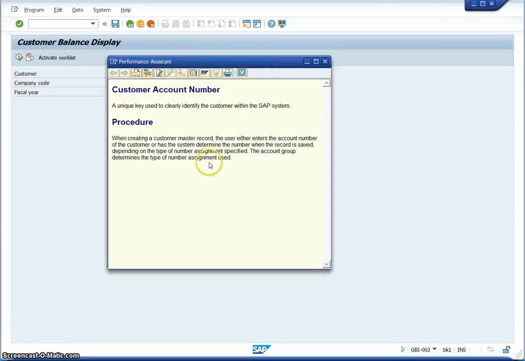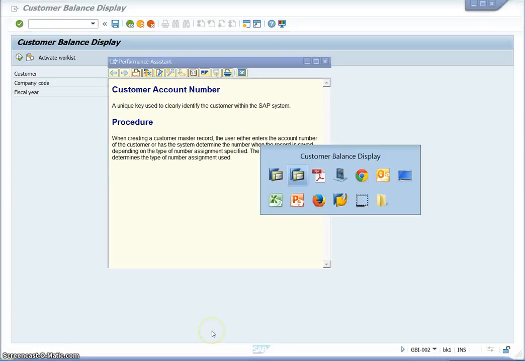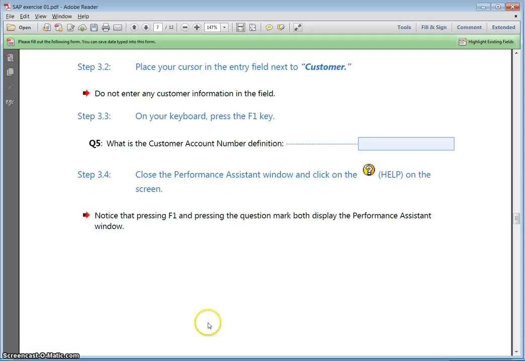So this window actually provides you some information about that field. It gives you the full name for that field. It's called customer account number, and a description about that number. It says a unique key used to clearly identify the customer within the SAP system. If you go back to the PDF file,